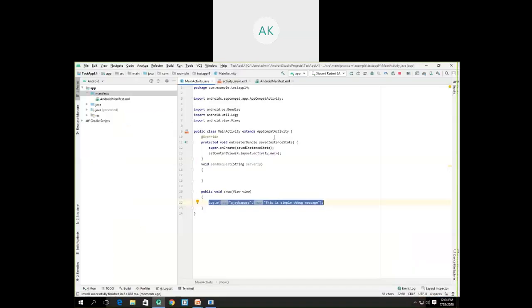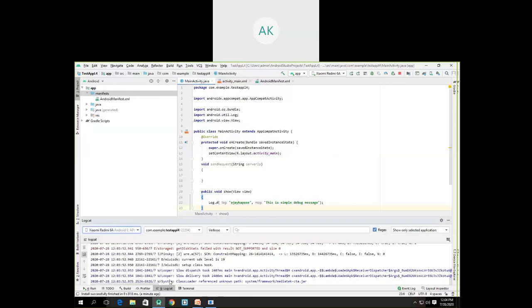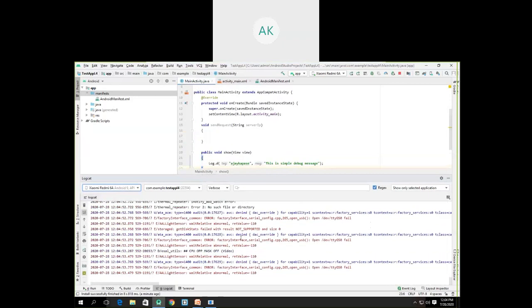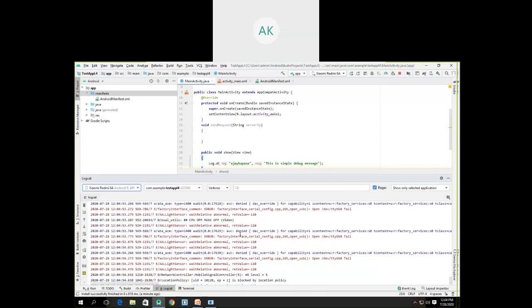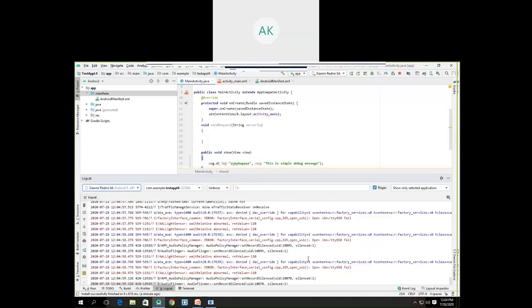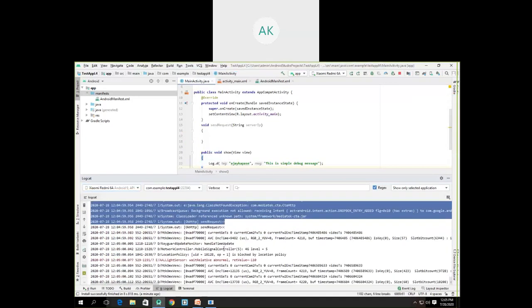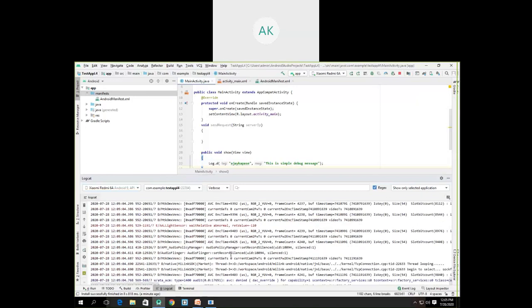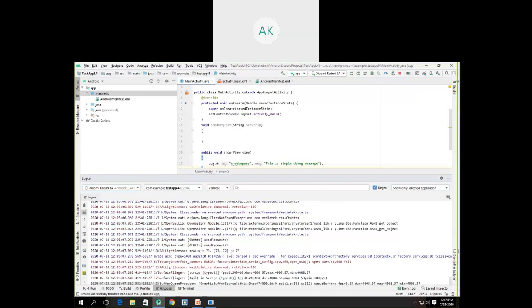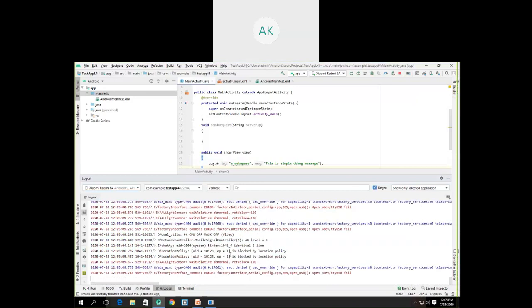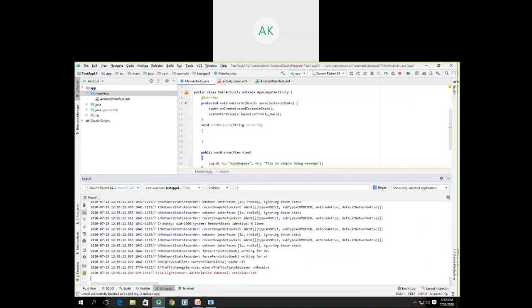So let's move to Android Studio, and if you navigate downward here, if you can see the mouse pointer here, there is one option available, and that's called logcat. If I click on this option, one window will open, and this window is called logcat. Now as you can see, a number of messages are generated here. It is generating the messages continuously, and these messages are nothing but the log messages.